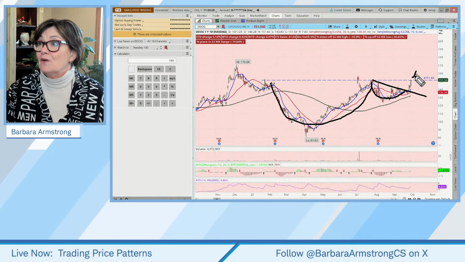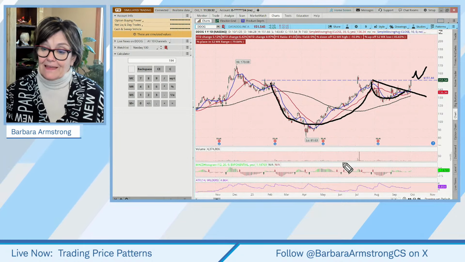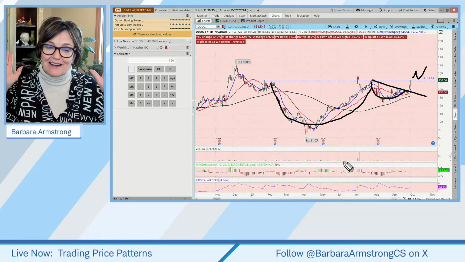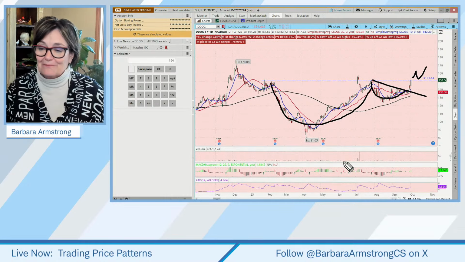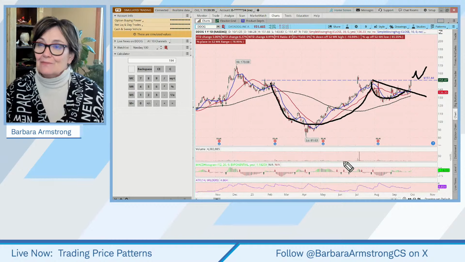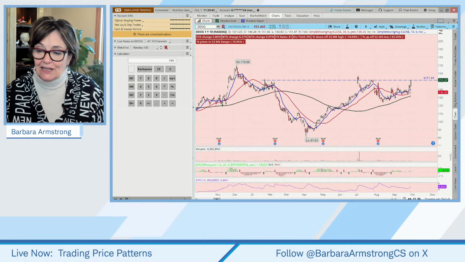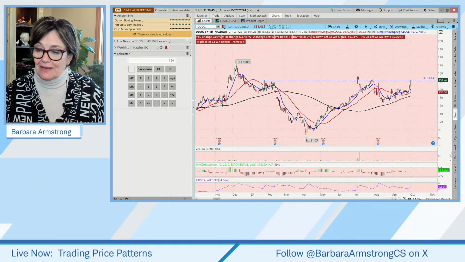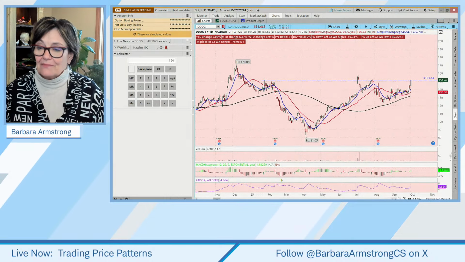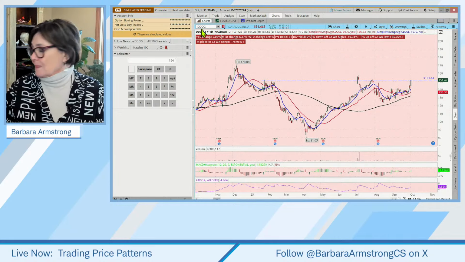Some might even say, I want to see it break that line and come back and retest. Then, like I like to say, you take one hand, take the other hand, and you sit on them until it breaks out. Okay. So it's just one way of looking at it. And patience, I mean, it's tough sometimes.